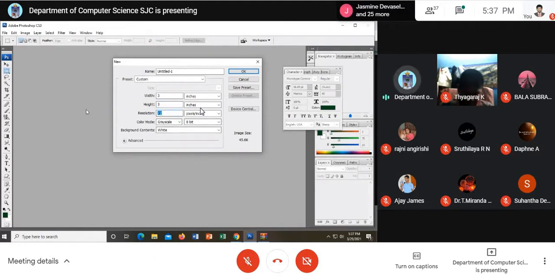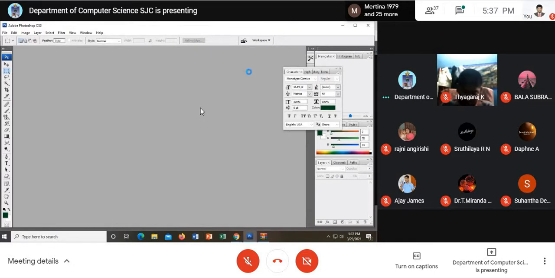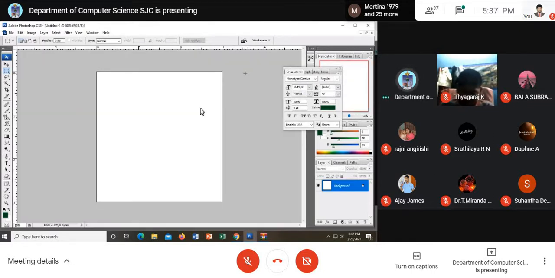And the resolution is 300. The resolution is 300, right? It is RGB. The width is 3, the height is 3 and the resolution is 300. The color mode is RGB. Right, now I have the working area or the file. Now I have to put up a circle. To the shopkeeper, you have to tell them that it has to be printed in sticker media. Am I clear?